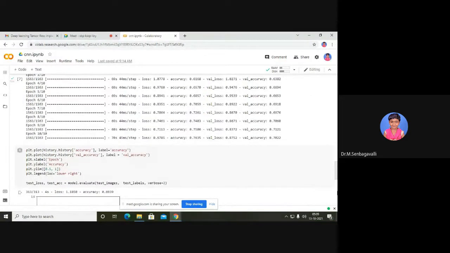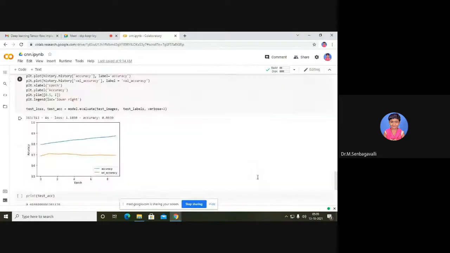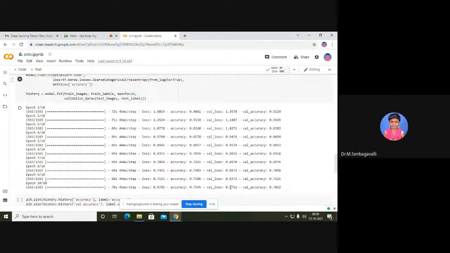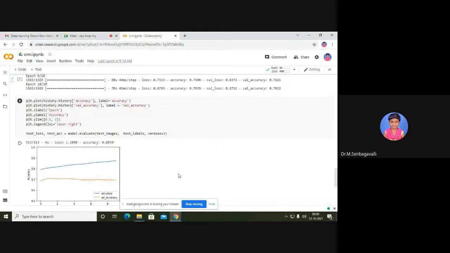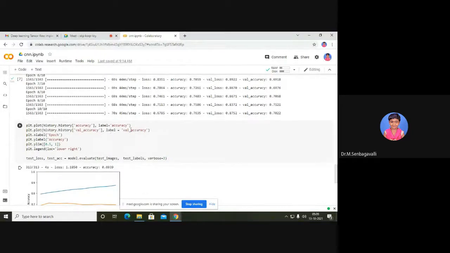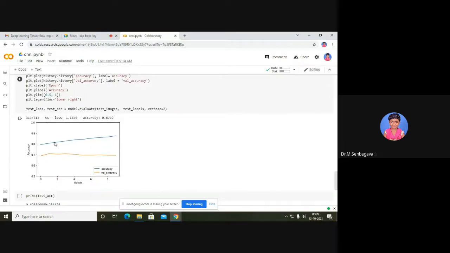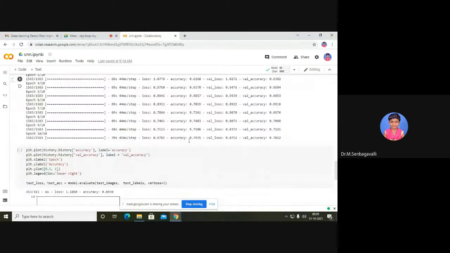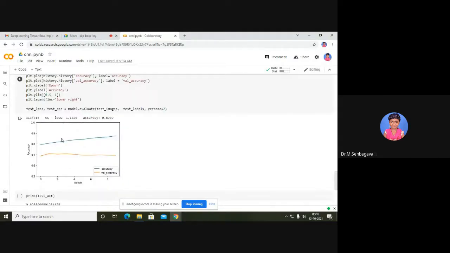And here we have used two different terms, accuracy and value accuracy. We have used value loss, value accuracy, and apart from that we have accuracy. So here in the plot they have considered accuracy and value accuracy. These two labels only they are considering, that history only, and they have given it by default. If we compile this code, by default it will show this output. And you see here accuracy is like 0.76 and value accuracy is like 0.7. That's it. Depending on that it will show the output.